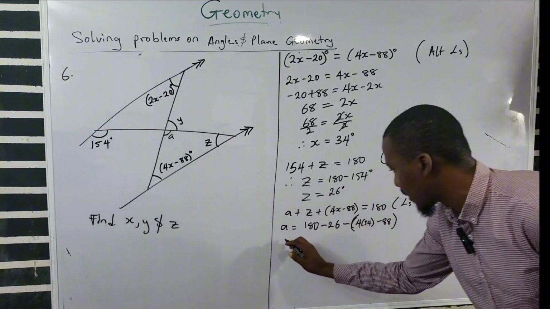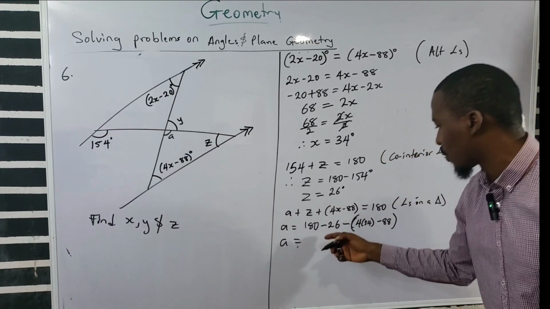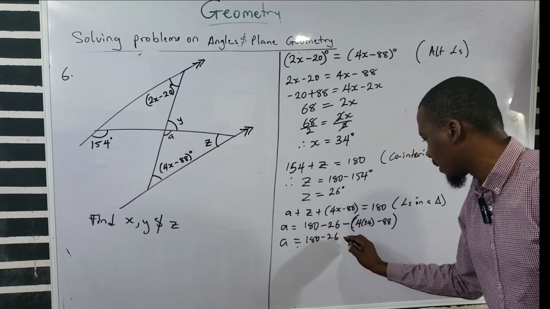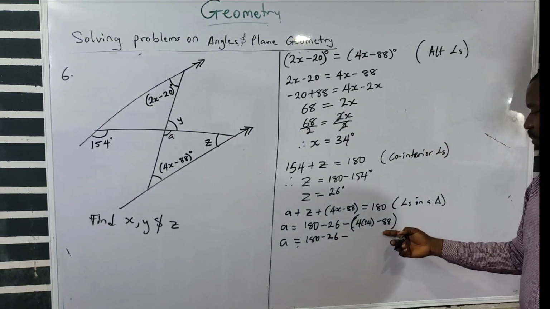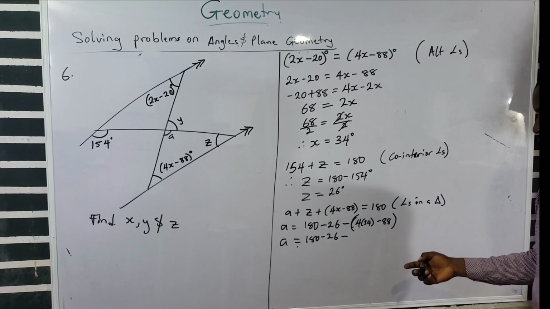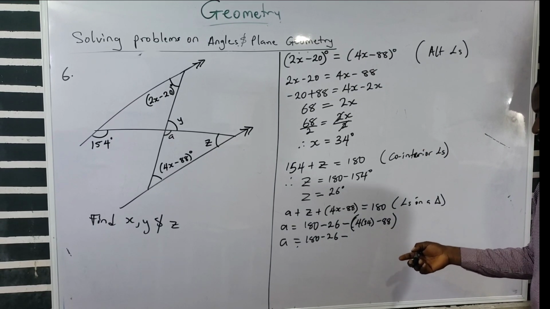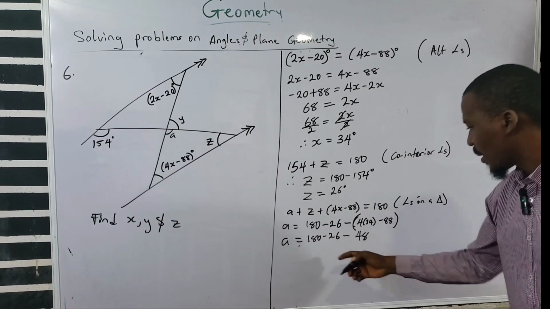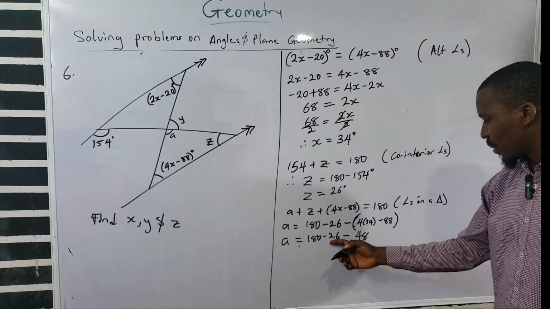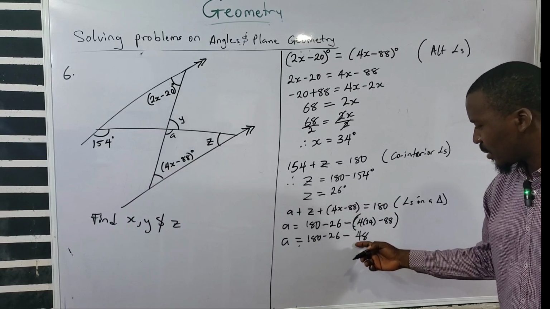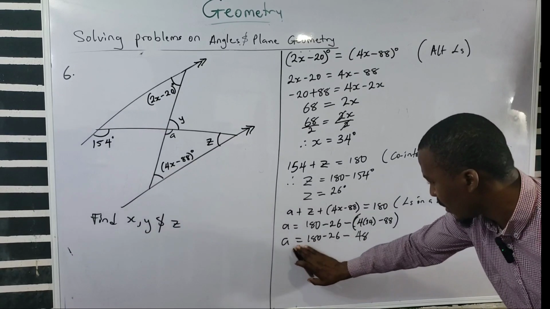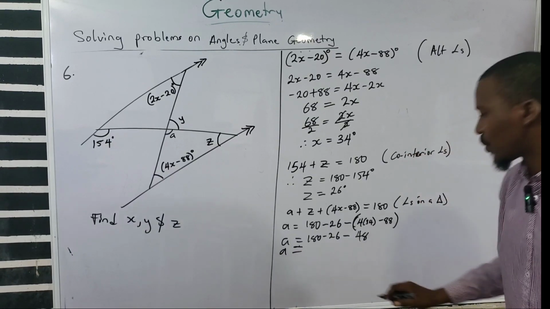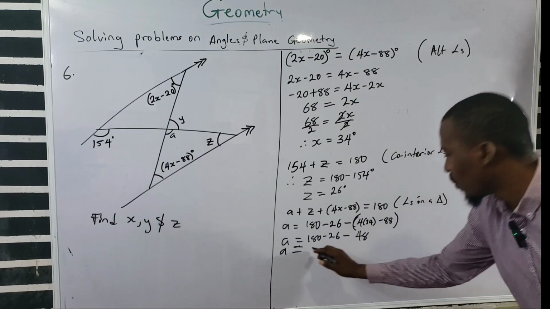So that will give us that a equals 180 minus 26 minus, when you open this bracket, 4 times 34 minus 88. That will give you 48, and 180 minus 26 minus 48. If you do the arithmetic there, you have that a is equal to